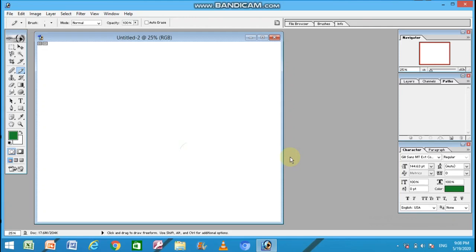So let us start with the painting tools. In the painting tools category we have two tools, that is the pencil tool and the brush tool. In Photoshop CC two more tools are added, that are the color replacement tool and the mixer brush tool. Color replacement, as the name implies, is used for the replacement of colors of any part of the image, and the mixer brush tool allows us to give a mixed color effect of brushing.